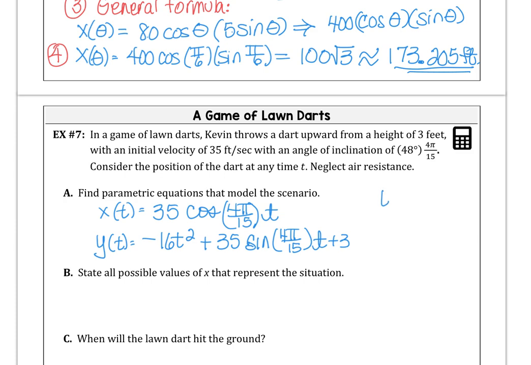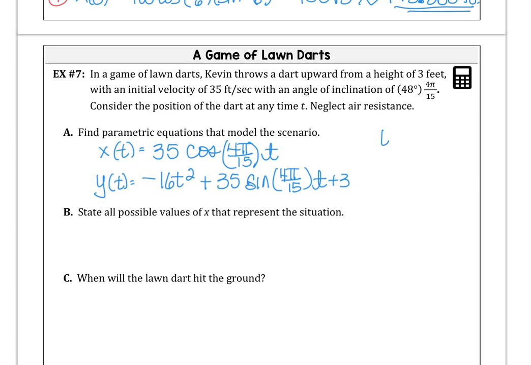Then if we graph that in our calculator, make a little sketch here. My x-axis is time, and my y-axis, y of t. We get a picture that's parabolic, starting out here at 3 feet above, and it's going to go over here. So I know at t equals 0 is where we have a y value of 3. But over here, this t is about